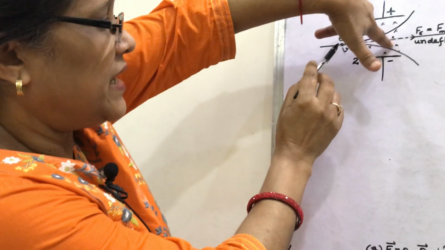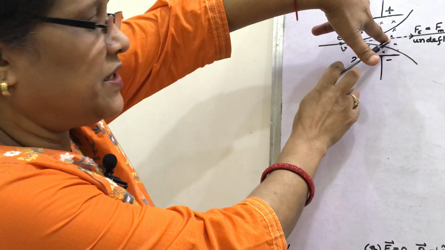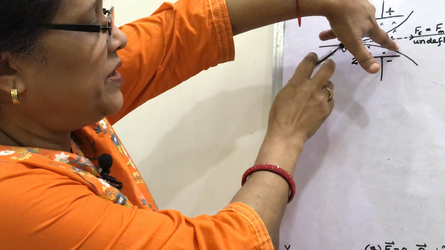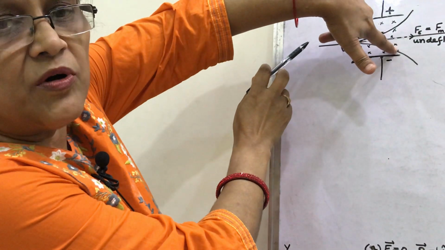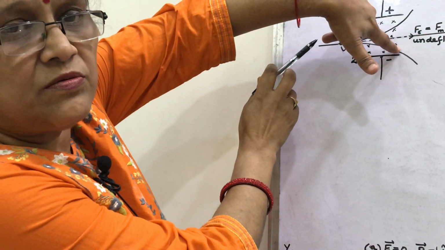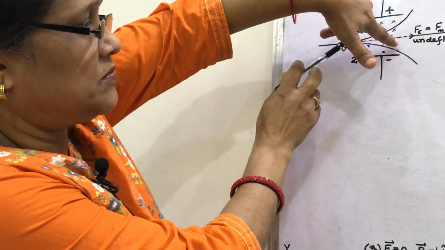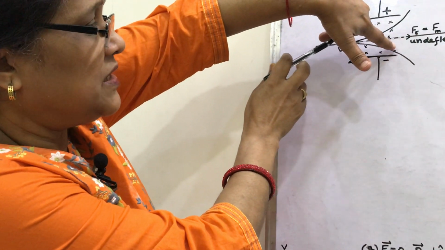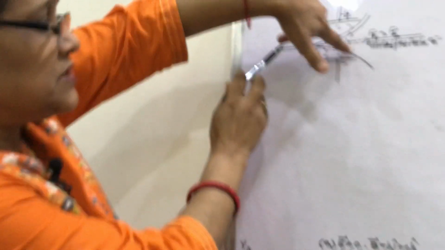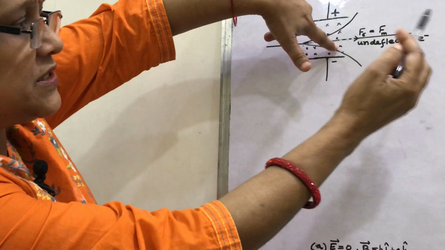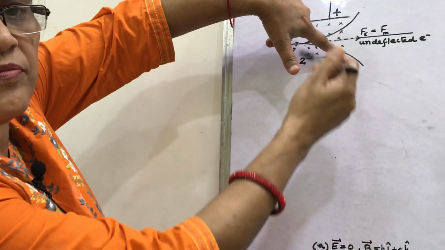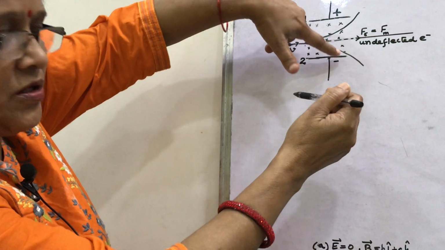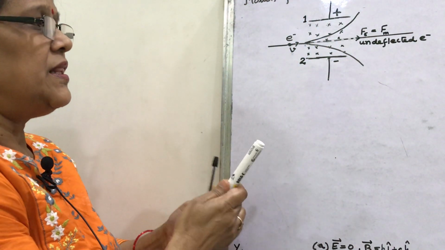So look, this forefinger is denoting the cross magnetic field, the middle finger is denoting the positive charge direction, the motion of charged particle which is positive. So positive charge movement in this direction is same as negative charge movement in opposite direction. What is the direction of thumb? Downward. So what can you say?